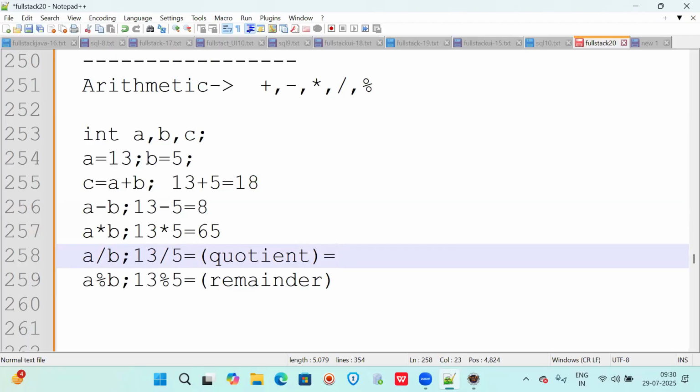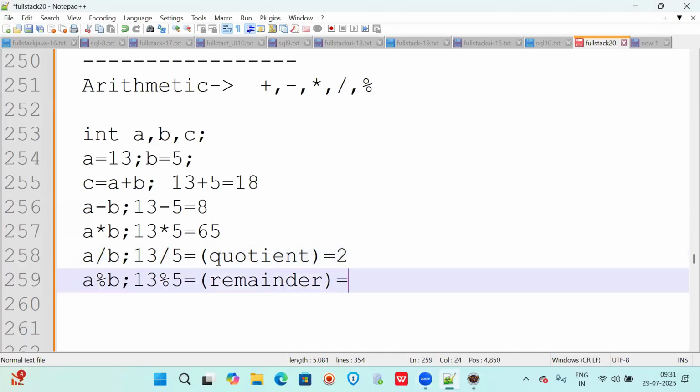You have to consider the quotient. What is the answer, online student? Can you tell me, Maunika? 3 fives. So here it is not exactly divisible. Since it is a number, you need not consider the decimal value. 5 threes are 15 and 5 twos are 10. So 2 will be the quotient.